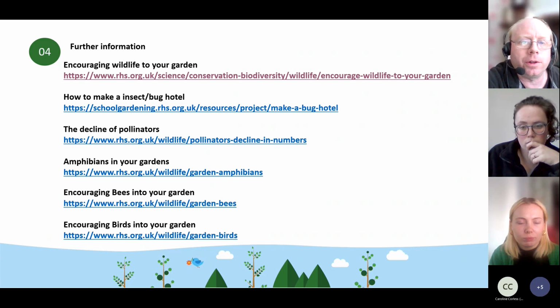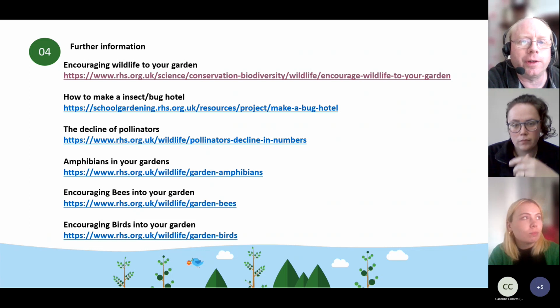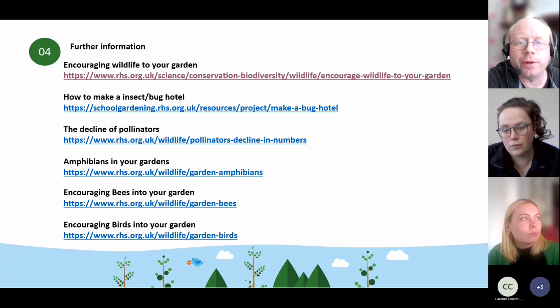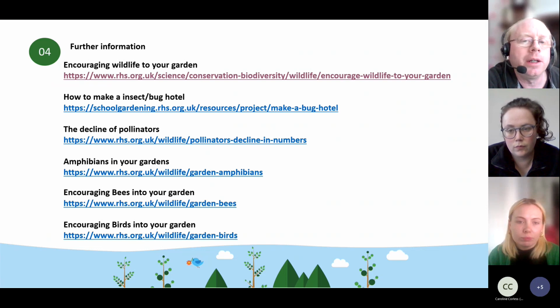It's worth saying that the organisations that provide the advisors for the Green Spaces Fund, so the Wildlife Trusts, Groundwork, City of Trees, RHS, Solar City, we all have website resources that you can look at to get some ideas, or ring us up and ask us for ideas. It's also worth saying there's plenty of other online resources out there as well. So you might be looking at places like the Natural History Museum, you might be looking at the Woodland Trust, the National Trust. There's plenty of information online.